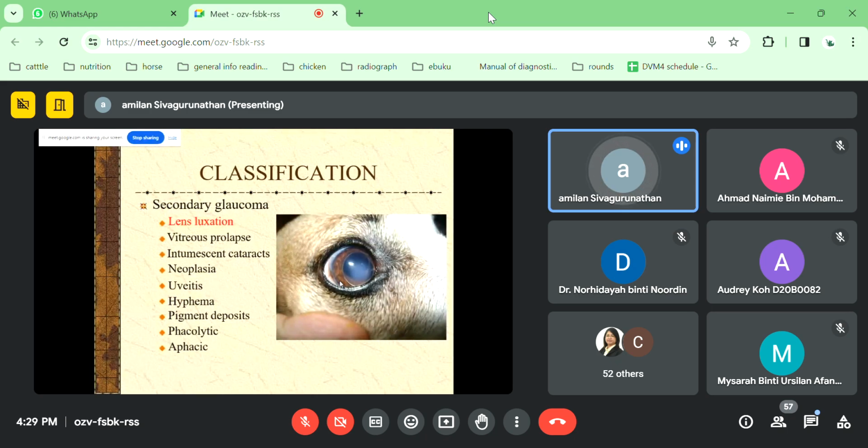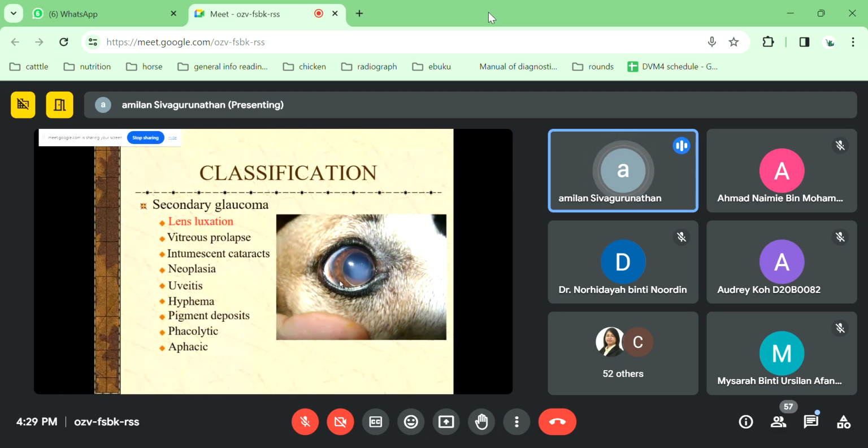When we classify secondary glaucoma, just like how we classify uveitis, primary or secondary, we do the same for glaucoma. We can also classify acute or chronic. So there are many ways to classify glaucoma. And here you can see in the picture